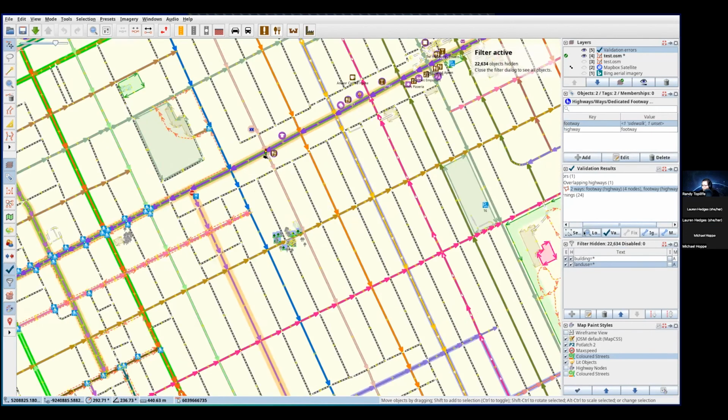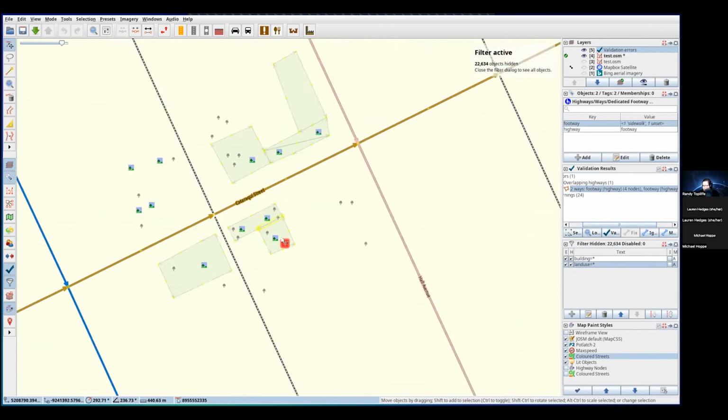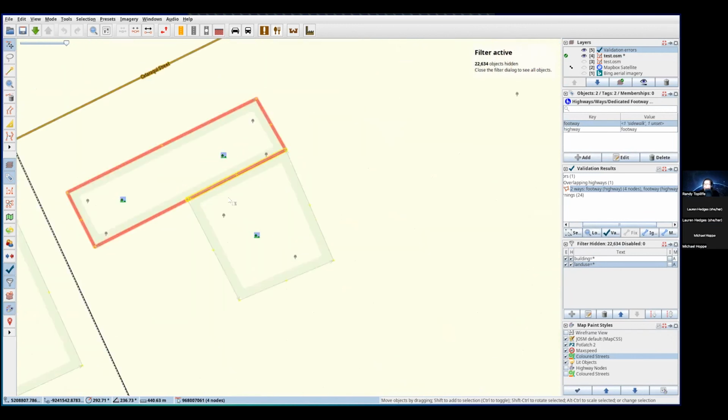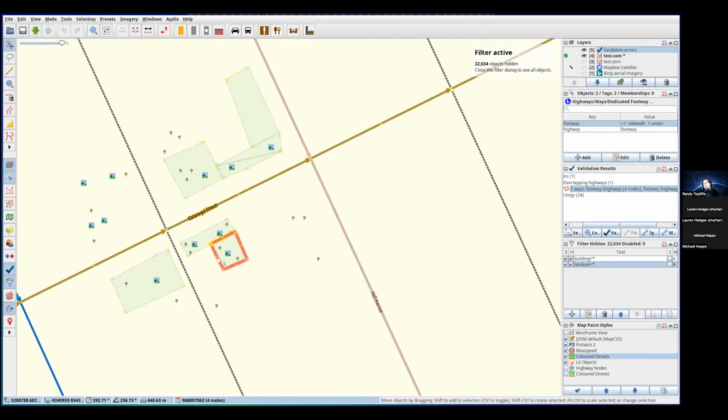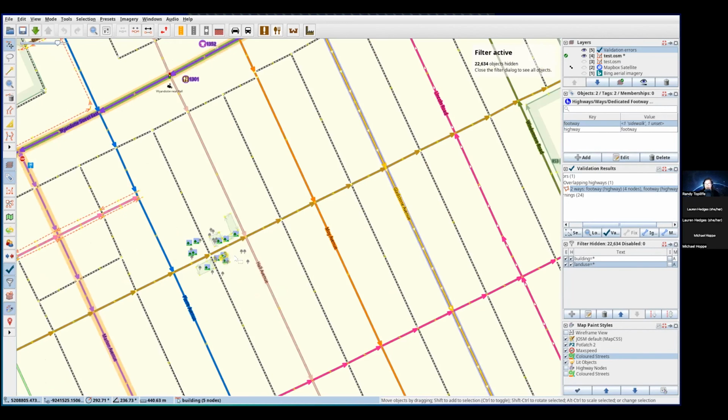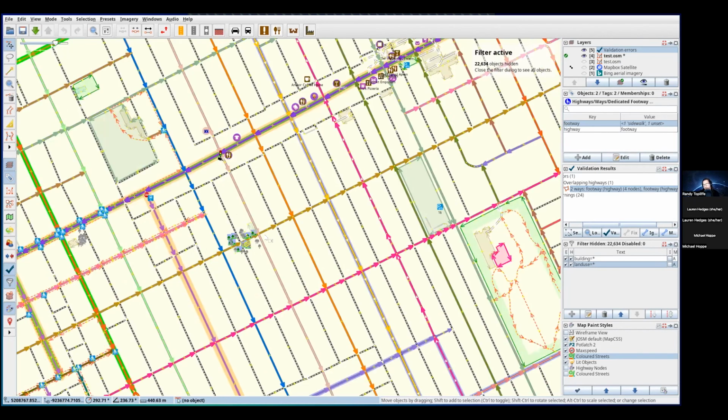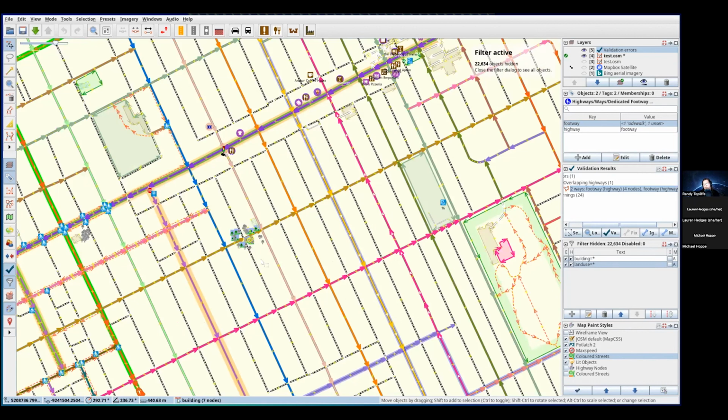Why can't I go? Oh, this overlapping. Is that what it's selecting down here? So this is the problem that it has. It doesn't like the fact that these two shapes are overlapping each other. This is part of the weird part about doing the validation stuff. It will validate everything. So if someone didn't do those checks and just kind of threw stuff up there,